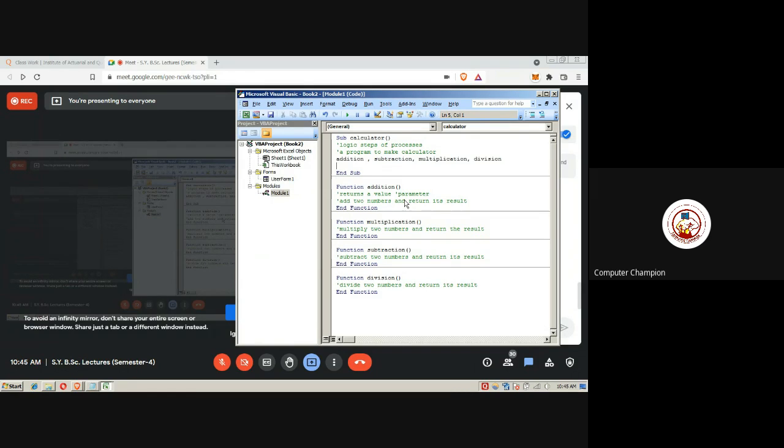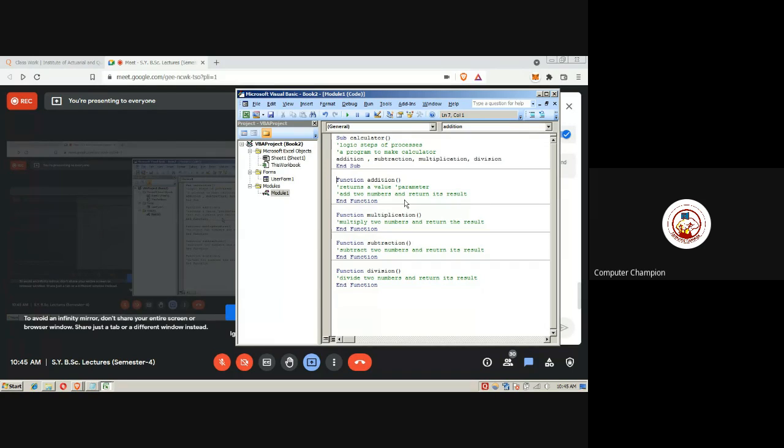So here I have two questions for you. One is, have you understood this part, the difference between a function and a subroutine? Yes. Okay. Then the next question is, am I passing the parameter in the function?